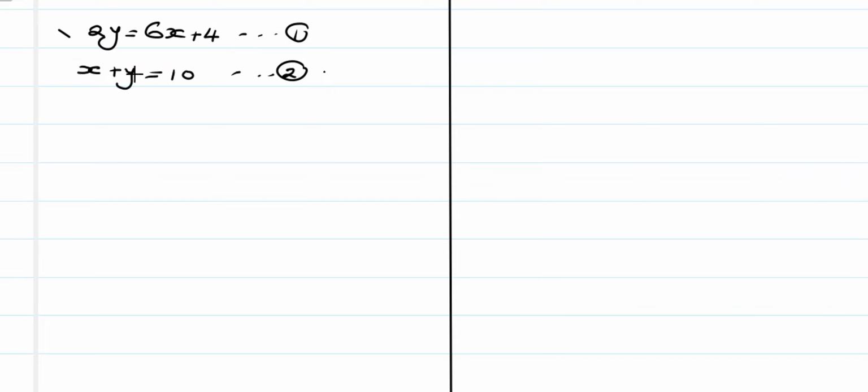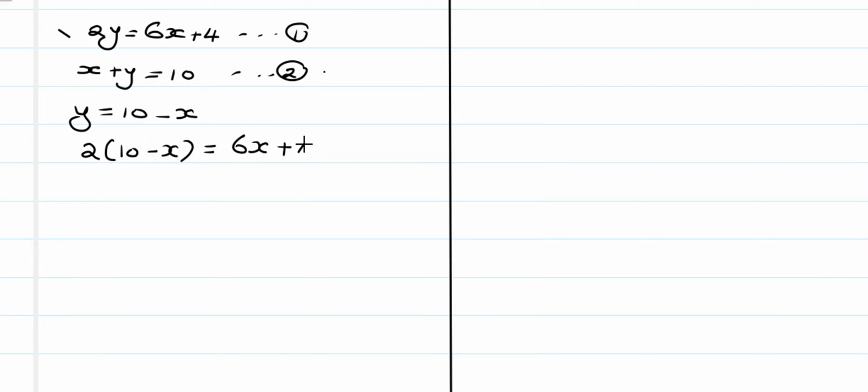So since here y is easy to write in terms of x, I can say y is equal to 10 minus x, because x on this side was harder, so I take it to the other side and subtract. Then I go to equation 1, and every place I have y, I will replace with 10 minus x. So in the first one here, we have 2, but we have y here, so 10 minus x is equal to